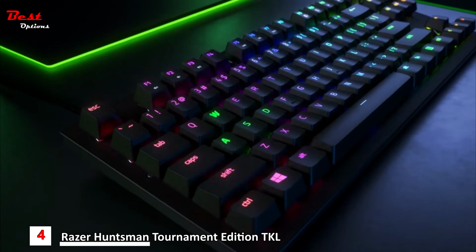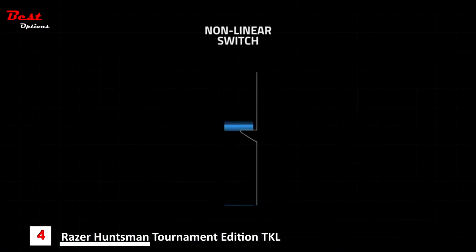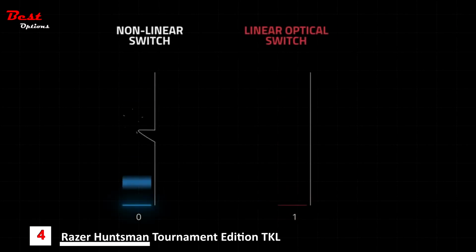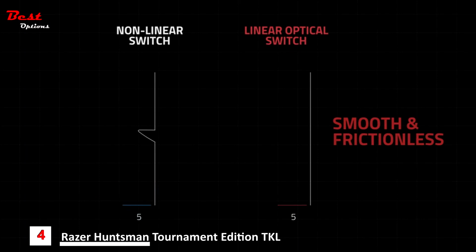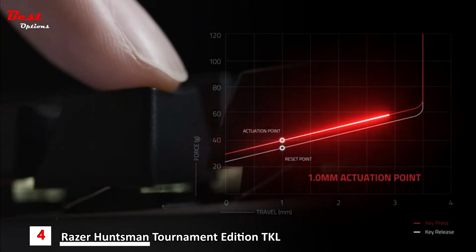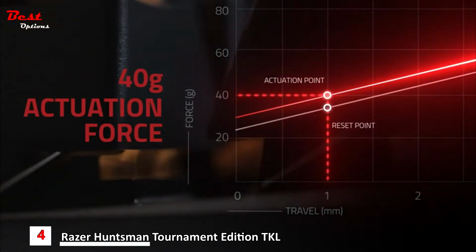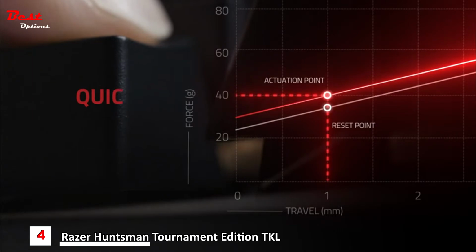And everything in its design is made to reduce response time. As linear switches have no tactile bumper feedback, each keystroke feels smooth and frictionless, making it ideal for rapid, repeated pressing. With a 1mm actuation point and only 40 grams of actuation force needed, you're able to produce quicker keystrokes